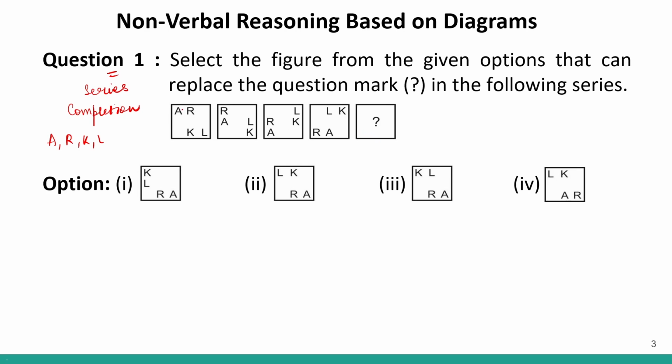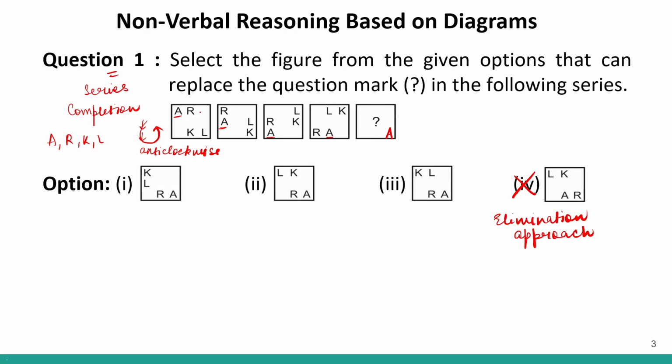Now if I look at A, I can see from here it went down here, so it moved one position down, then again it moved one position down, and then it moved one position towards the right. So it is going in this direction. This is which direction? This is anti-clockwise direction. A is moving in anti-clockwise direction. So normally A will come over here logically. This eliminates option number 4. This is which approach? This is elimination approach.